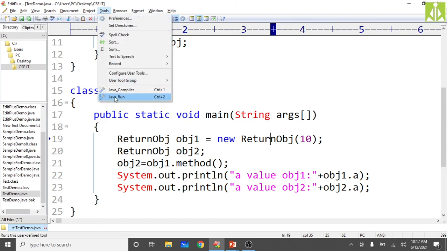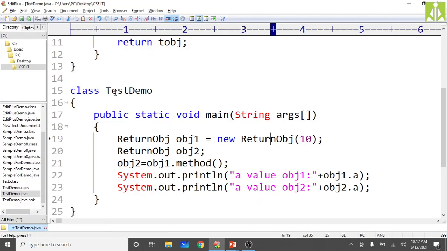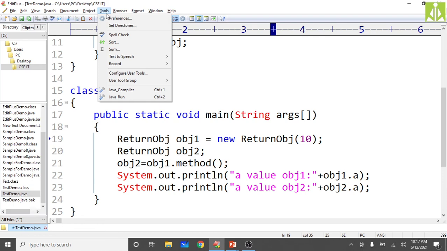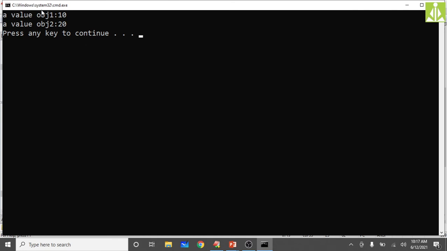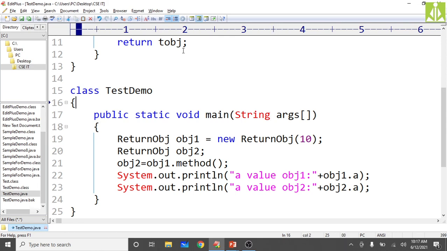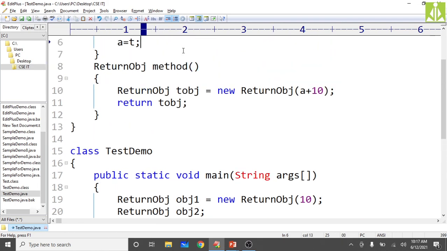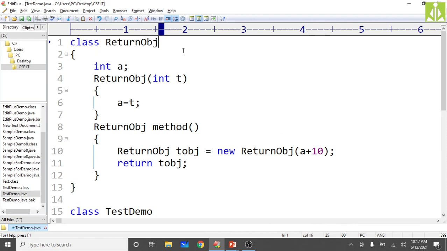Now once again you compile it, no issues. So quickly run it. So we should get 10 and 20. obj1 as 10, obj2 as 20. See here, obj1 as 10, obj2 as 20. So in this way we can even return objects from methods, not only the regular primitive data types, data elements, but also it is possible to return objects from methods. And a simple demonstration I have given over here how this can be achieved, how you can create objects and how you can return objects from methods.